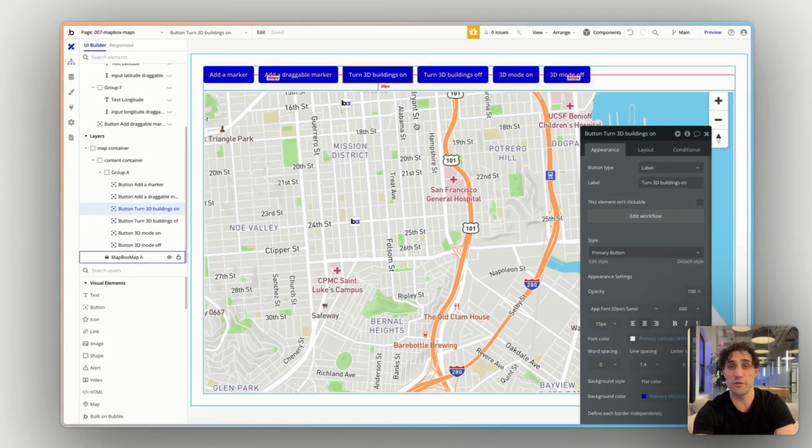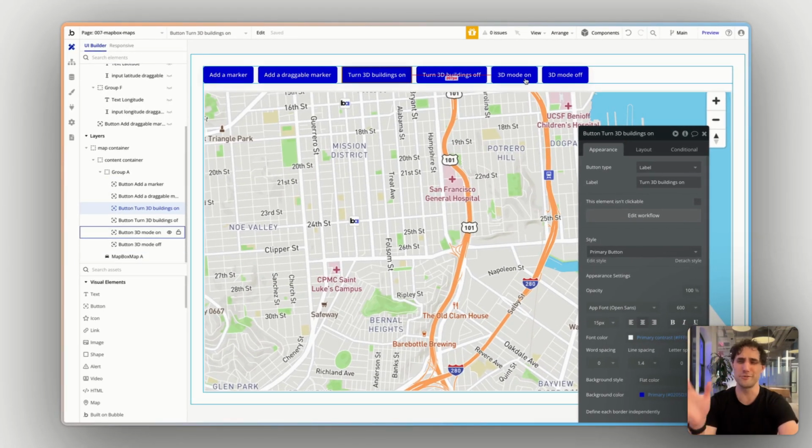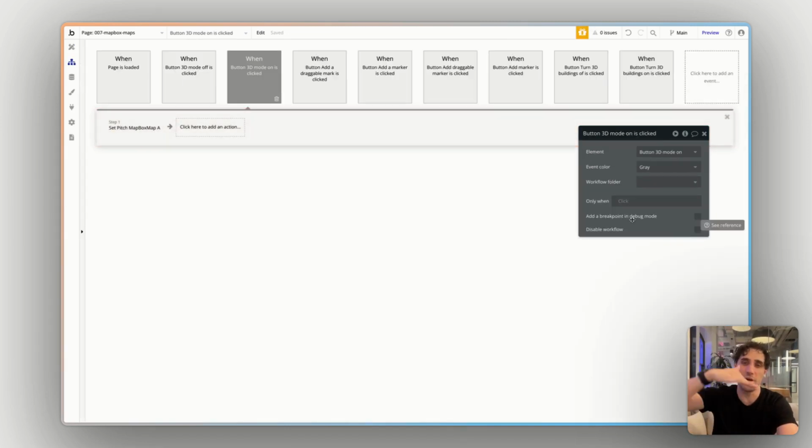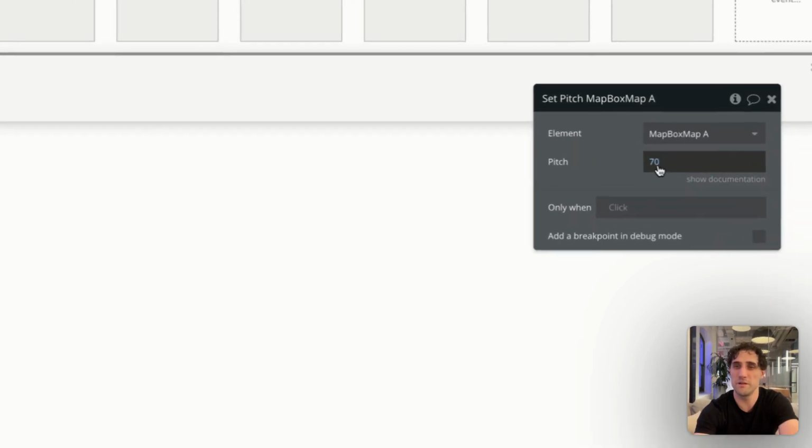Now, our other buttons are 3D mode on and off. I've just called this 3D mode because that's a nice, understandable term for our users. But in our plugin, this is called the pitch. This is the pitch of the map. What angle is the map angled to? So when button 3D mode on is clicked, I've set it to set the pitch of our MapBox map to